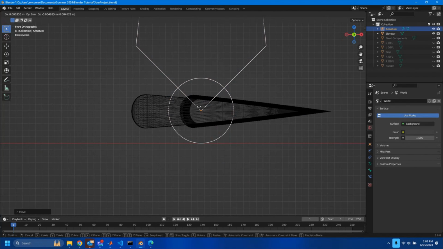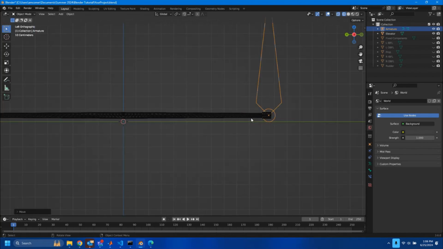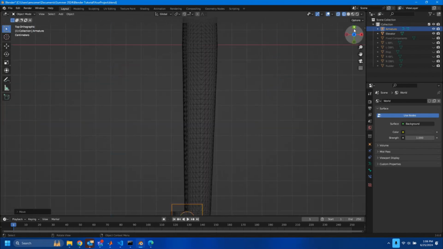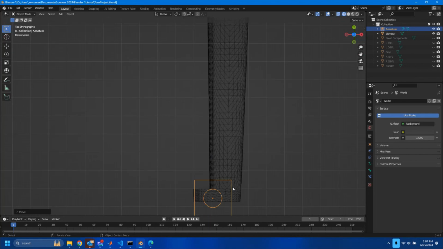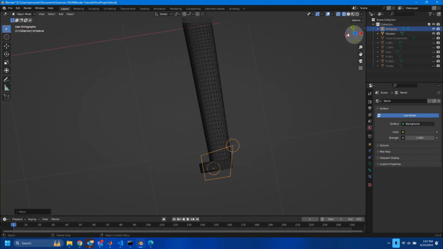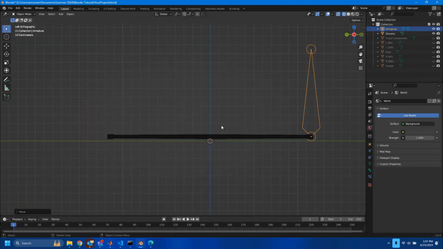I'm going to put that right there. I'm going to go to a front view. Looks good in this axis. I'm going to go to a top view. Looks good in that axis. Now let's go to this front view. Right now it's pointing in the wrong direction, so all we need to do is